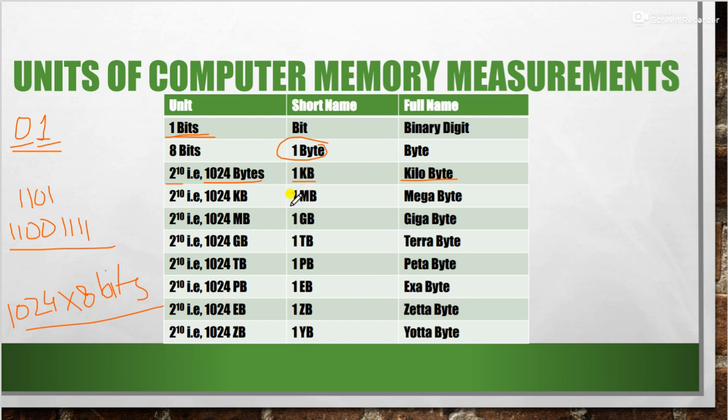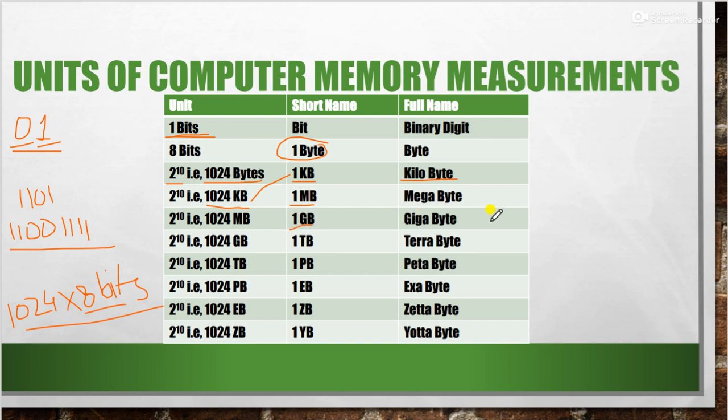Okay, then next is your 1 MB. 1 MB is nothing but 1024 KB. See, actually it is nothing but 1024 of the previous or the predecessor unit. Similarly, M stands for mega here, so it is megabyte. If you want to write for megabits, in that particular case you have to multiply it again by the value 8, because we know whatever we get in terms of bytes has to be multiplied by 8 to get bits. So if you want to write how many bits, it will be 1024 into 1024 into 8 bits.